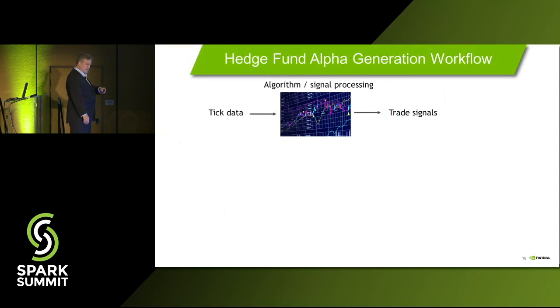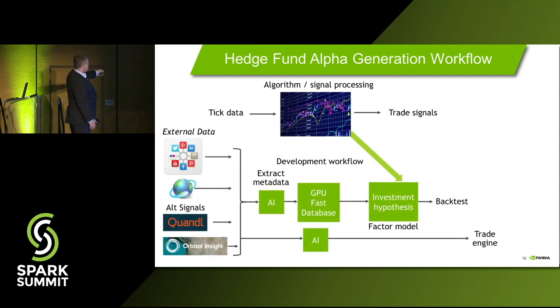I think I have 2 more slides. This is an example of an application that GoAI could be used for. It's a hedge fund alpha generation workflow where basically they can take tick data, put it in the GPU memory, take external data, do deep learning on it with the high density systems that I showed you with the standard frameworks, extract metadata, and then put them into machine learning models, do hypothesis testing in the way that I showed you.